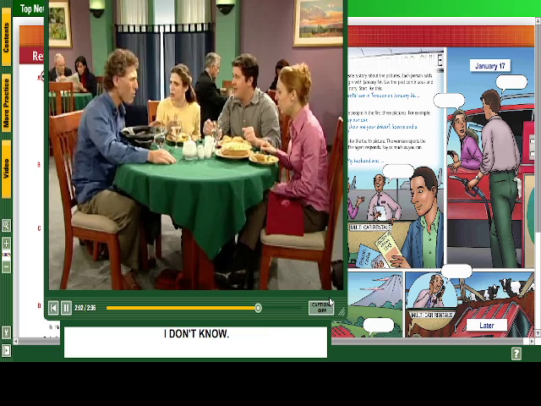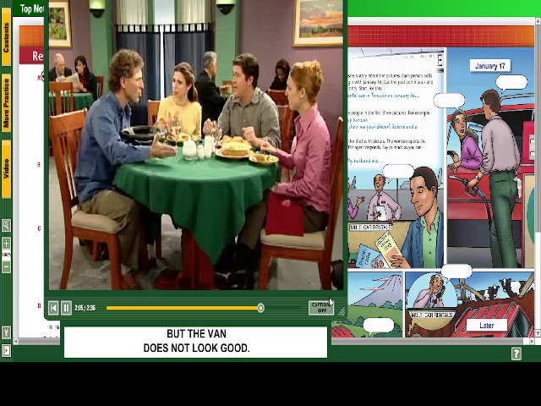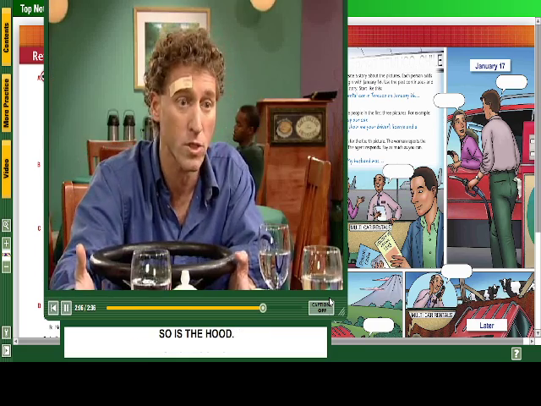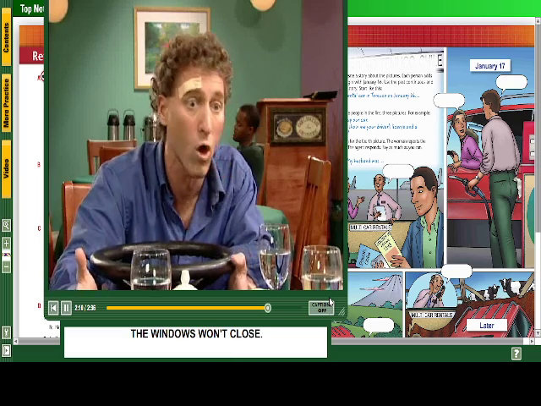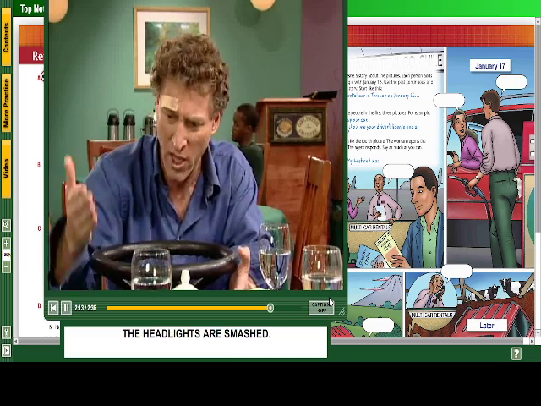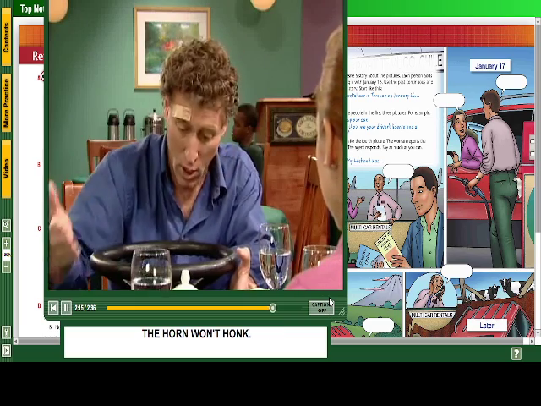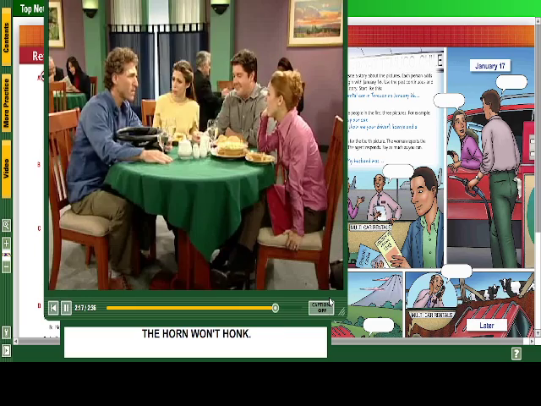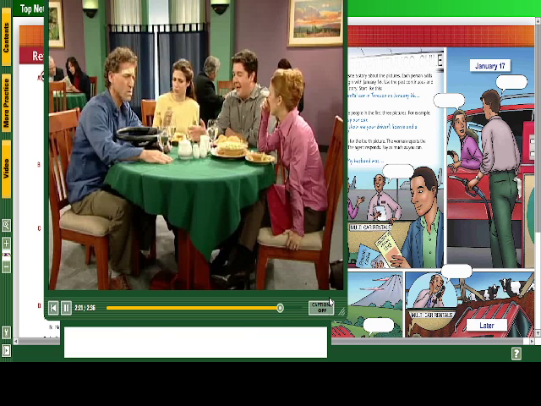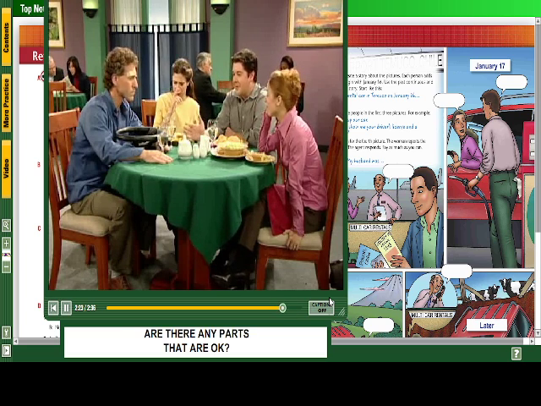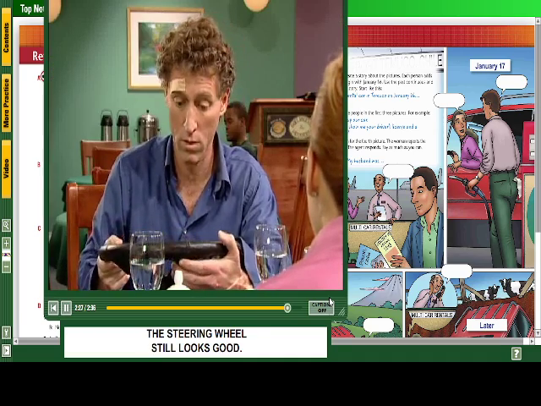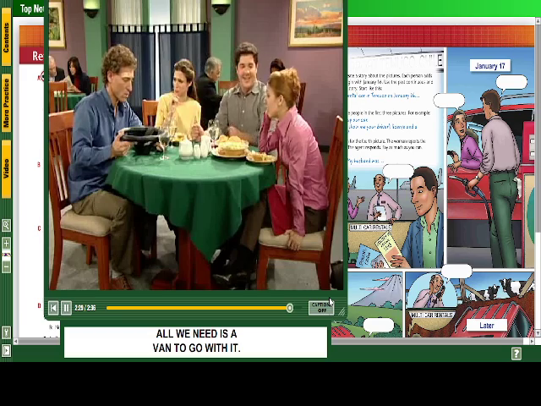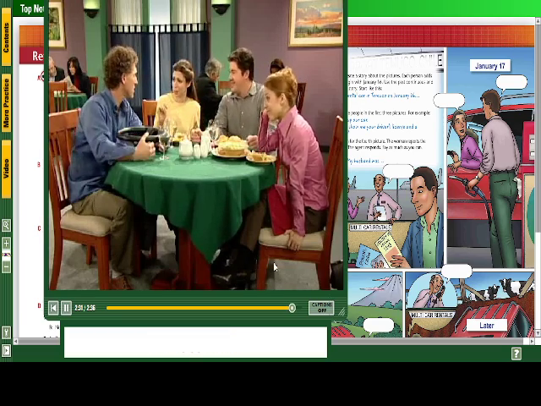I don't know, but the van does not look good. The bumpers are damaged, so is the hood. The doors won't open, the windows won't close, the engine's not working, the headlights are smashed, the horn won't honk, and it smells like fish. Are there any parts that are okay? The steering wheel still looks good. Great. All we need is a van to go with it.